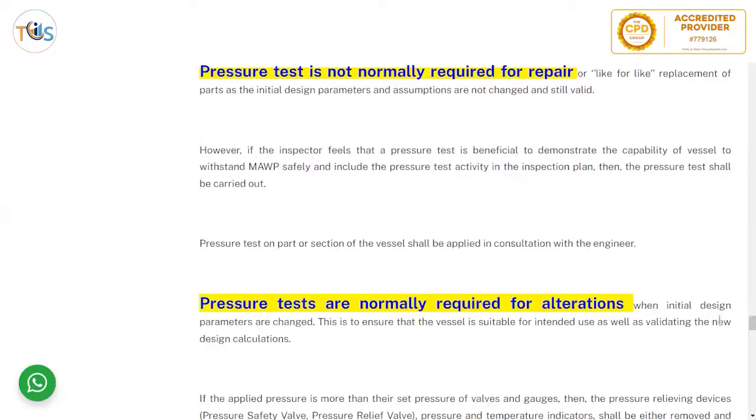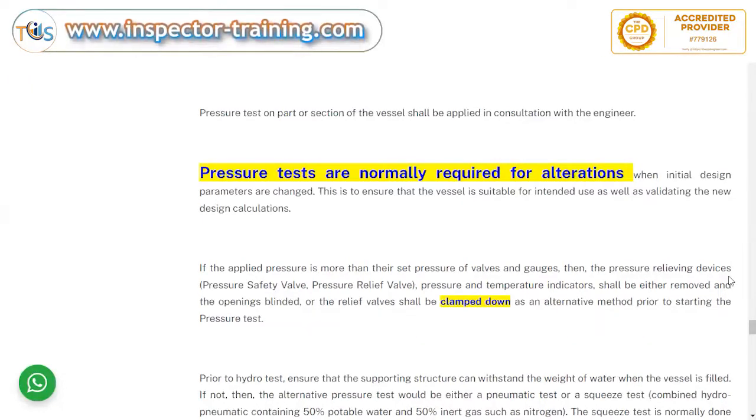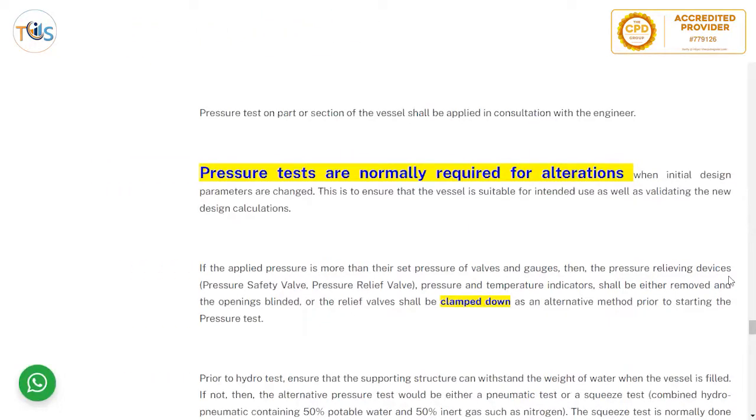Pressure tests are normally required for alteration when initial design parameters are changed. This is to ensure that the vessel is suitable for intended use as well as validating the new design calculations. If the applied pressure is more than the set pressure of valves and gauges, then the pressure relieving devices, such as safety valve, relief valve, pressure and temperature indicators, shall be either removed and the opening blinded, or the relief valve shall be clamped down so that it doesn't give off pressure as an alternative method